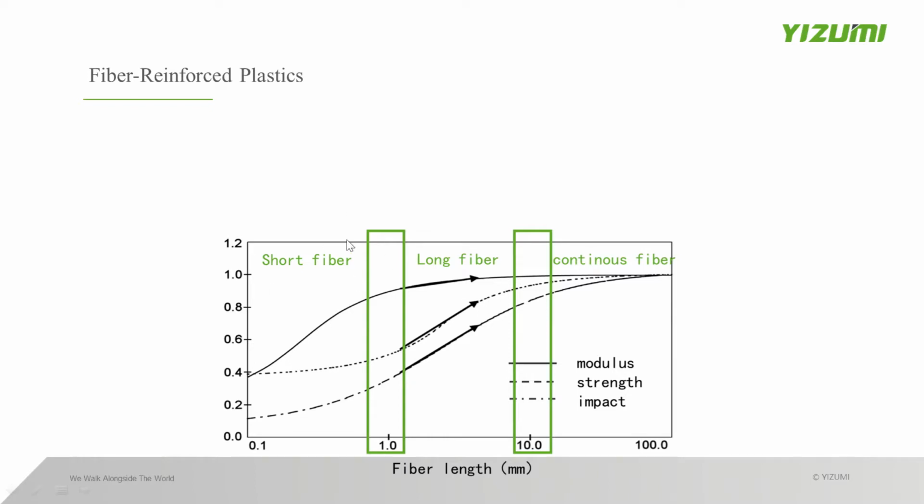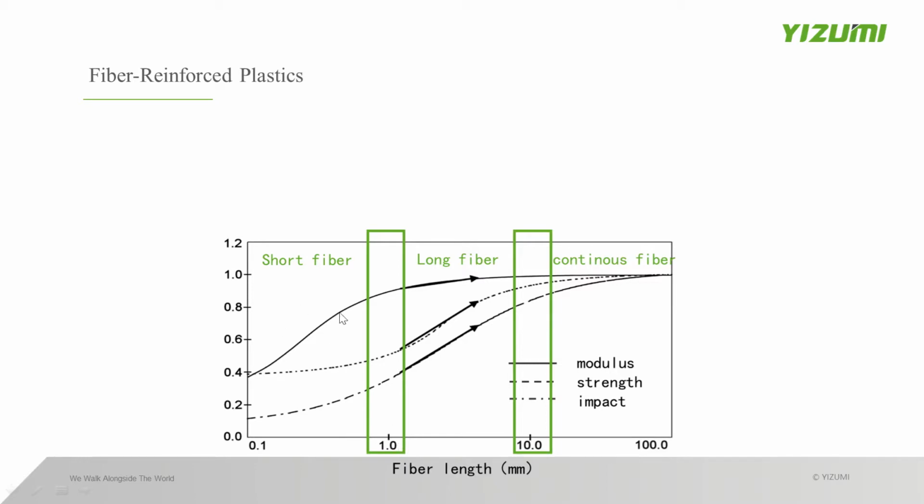First is here, I call it short fiber. And here is long fiber, and here is continuous fiber or endless fiber. We can analyze the three curves. When the fiber length goes from 0.1 millimeter to 1.0 millimeters,